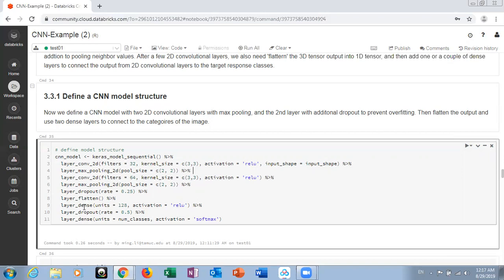That is, we add another dense layer with 128 fully connected neurons with activation function ReLU with the dropout. The last layer connects all the neurons to the output, the 10 different classes,